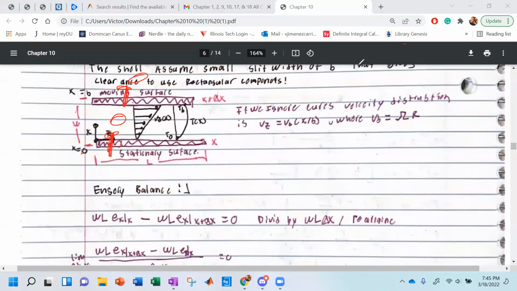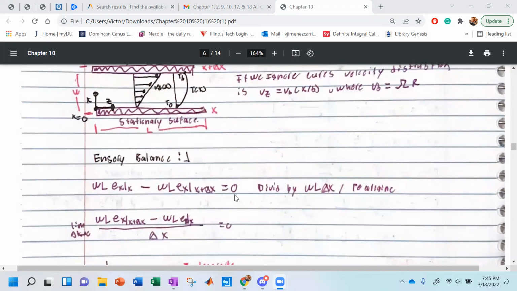In a similar sense, we need to get the area of your surface. But remember, we made life easy on purpose. The area of our surface is a box. It's no cylinder, so it'll just be W multiplied by L for both in at X and out at X plus delta X. So it's beautiful, and there's no heat generated on the inside. The trick to it, though, is that energy is no longer just Q. And the question is why? So we're saying it's no longer Q